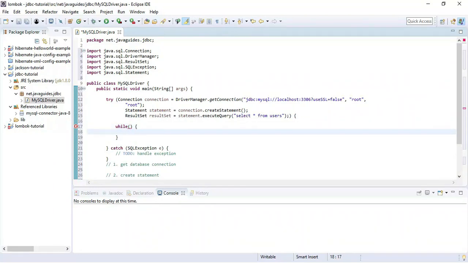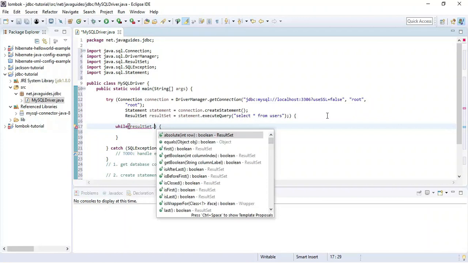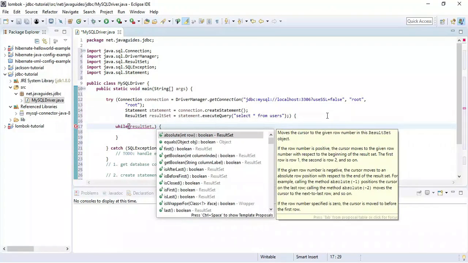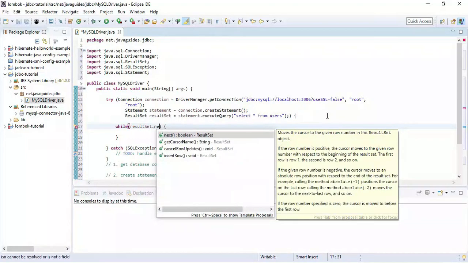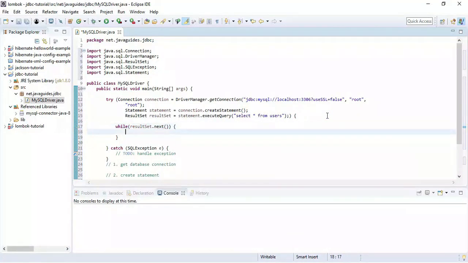So normally before Java 7 we use a finally block, but try with resource statement will automatically close the connection object, statement object, and result set object. So now let's use a while loop in order to iterate over the result set. The result set holds multiple rows, right? So for that we need to iterate using a loop. So here we are using a while loop,